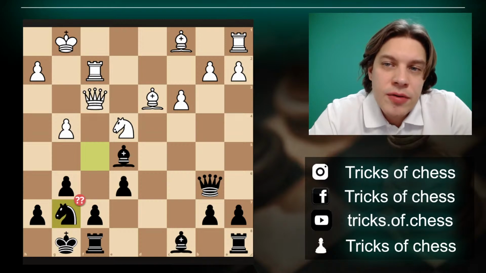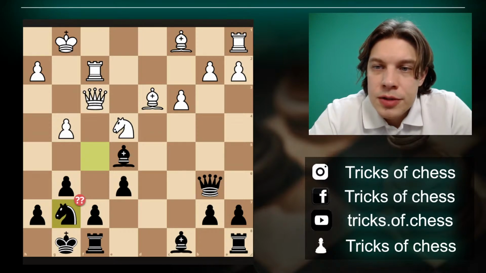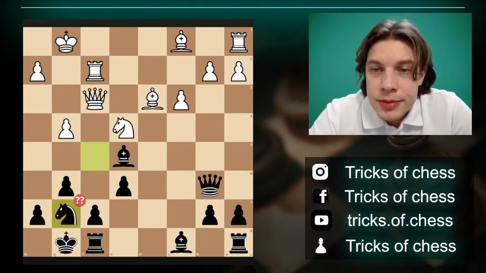Knight g5. I don't think knight g5 makes much sense. Then f5 just. Bishop h6. Nepo wasn't a grandmaster. His rating at that moment was 2243. Okay, so here the winning move is, no, knight g5 was played in the game, but the winning move is